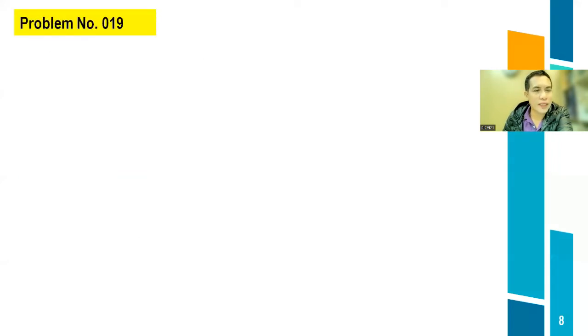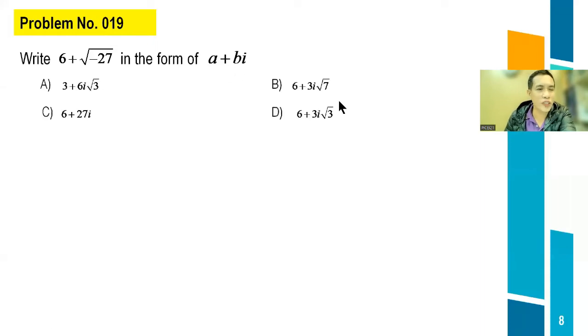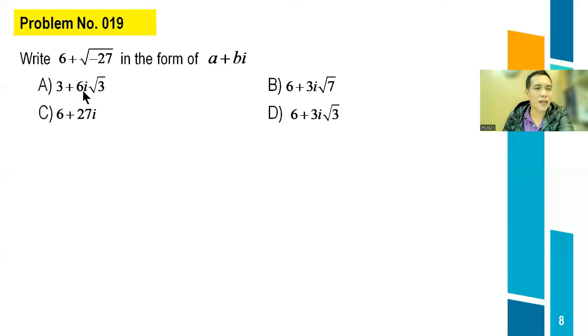Problem number 019. Write 6 plus the square root of negative 27 in the form of a plus bi. For the choices, we have A, 3 plus 6i square root of 3, B, 6 plus 3i times square root of 7, C, 6 plus 27i, D, 6 plus 3i times square root of 3. Okay, for the solution, we know that 6 plus the square root of negative 27,